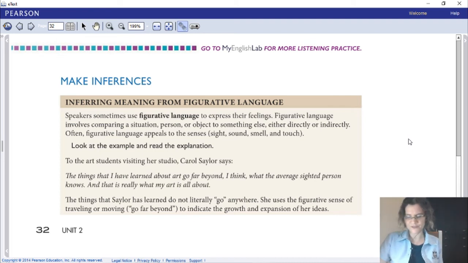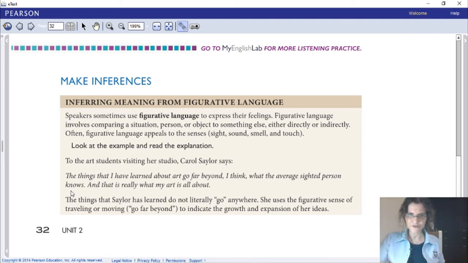Now, what is figurative language? Last year you learned that in literature already, that figurative language is something like a simile, a metaphor, hyperbole, those kinds of things. And what they do is they create imagery. It creates a visual picture in your mind. So figurative language really goes deeper into meaning, can never be translated literally, but should always be looked at from the implied meaning. So deeper into the meaning of what is stated.